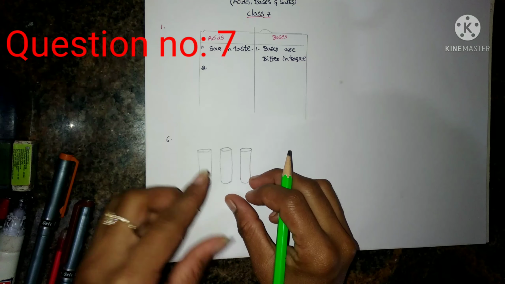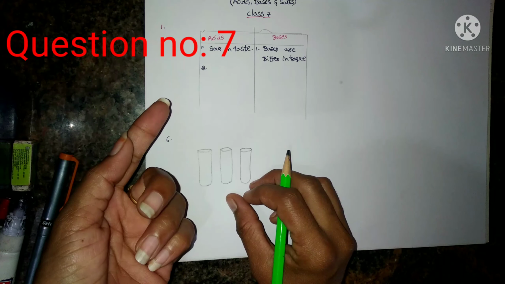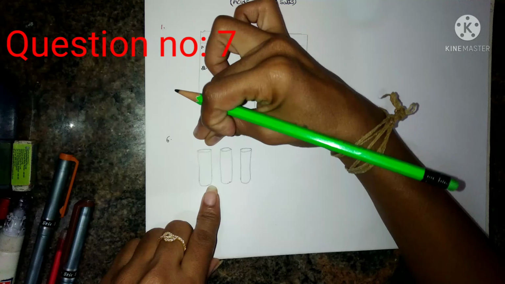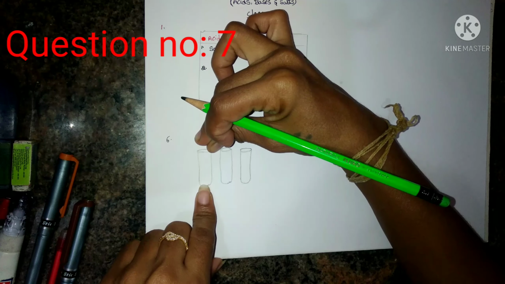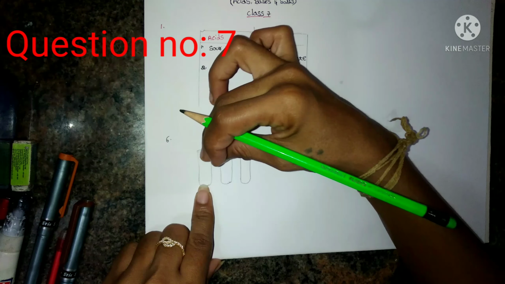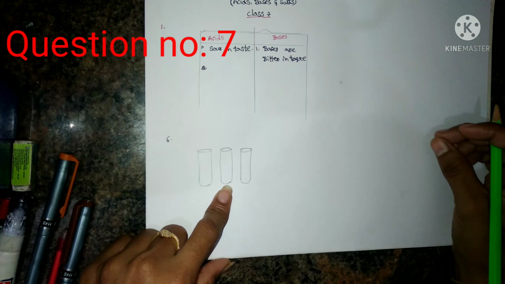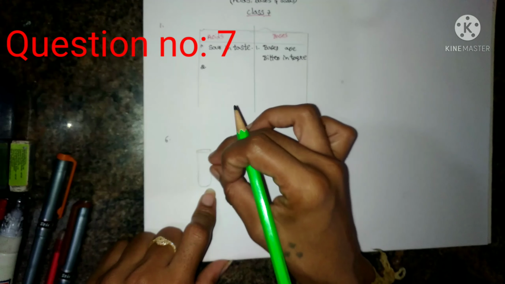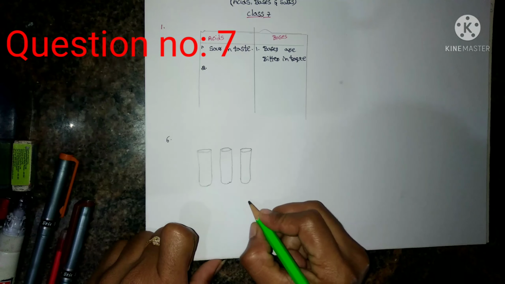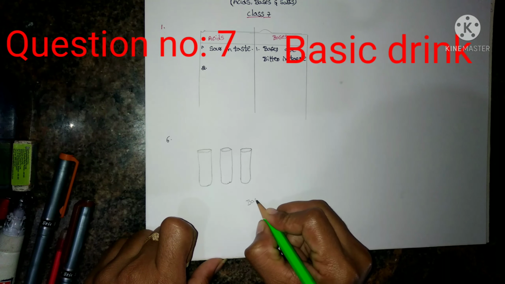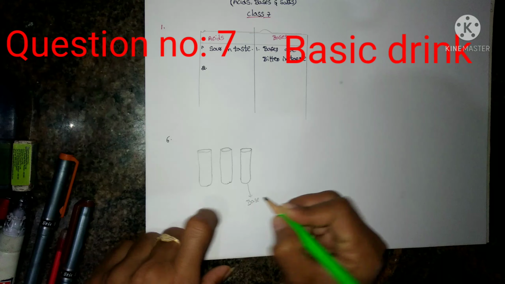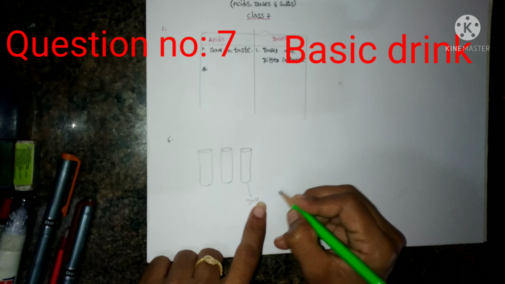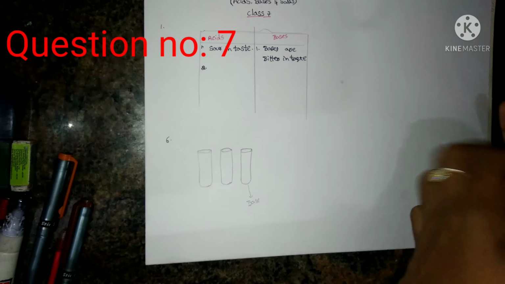He will take one blue litmus paper as well as one red litmus paper. He will dip one litmus paper, first of all red, consider. First of all, he will dip the red litmus paper into the 3 test tubes. In whichever bottle that red litmus paper turns blue, that is a base. For example, I am considering that in this test tube, red litmus turns blue. So now this is a basic drink. So he will keep it aside.